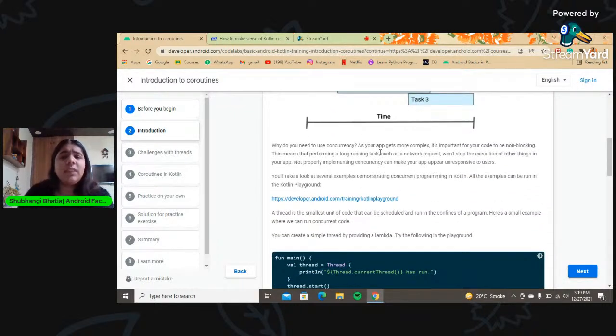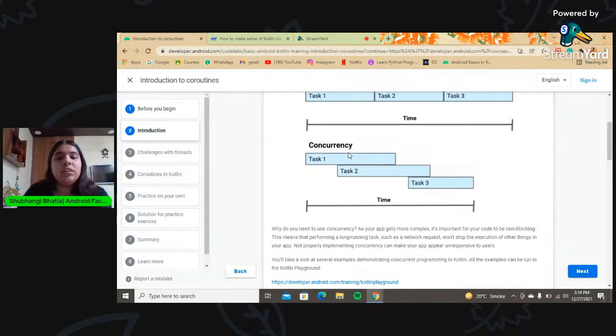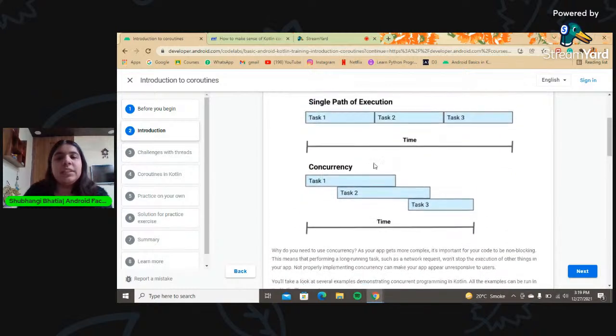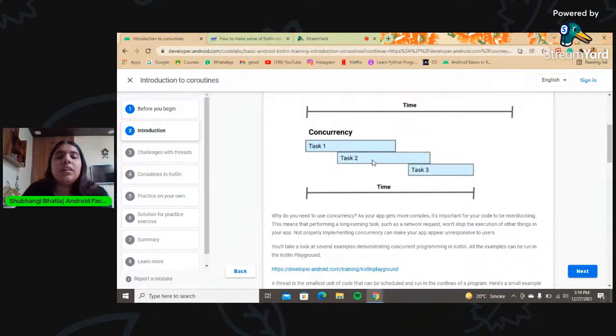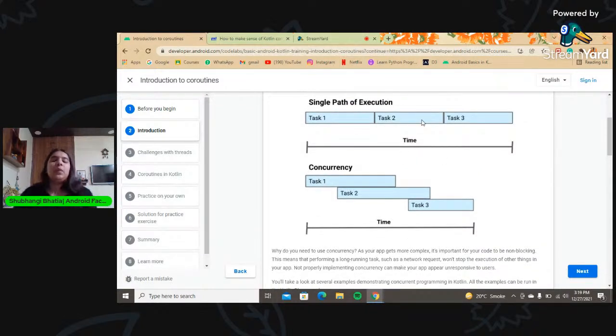जैसे तुम्हारा ऐप कॉम्प्लेक्स होता जाएगा, इट्स इम्पोर्टेंट कि तुम्हारा कोड नॉन ब्लॉकिंग रहे। सो दिस इज अ नॉन ब्लॉकिंग कोड, दिस इज अ ब्लॉकिंग कोड, ये वाला ब्लॉकिंग है, ये वाला नॉन ब्लॉकिंग कोड है। क्योंकि ये जो है ये ब्लॉक कर रहा है, ये टास्क 2 को ब्लॉक कर रहा है जब तक टास्क 1 खत्म नहीं हो जाता है। सिमिलरली टास्क 3 को ब्लॉक कर रहा है जब तक टास्क 1 और टास्क 2 भी पूरा का पूरा खत्म नहीं हो जाता है।